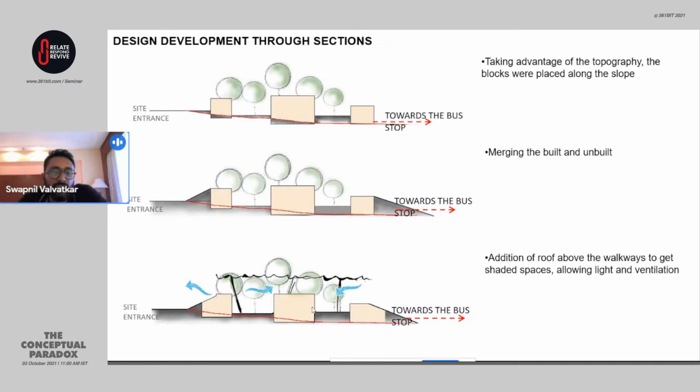So if you go for these functions, you just have a shamiana, and then you have a lot of activity happening at the bottom. That's the best way, because the breeze flows from the top to the bottom level. Everybody's kept cool because there's always a shade on top. So we interpreted that with sinking most of these galleries at the lower level. And even in terms of function, it helped us because galleries need less exposure to heat and moisture. So you can keep it at the lower level, and then keep the public spaces at the higher level,